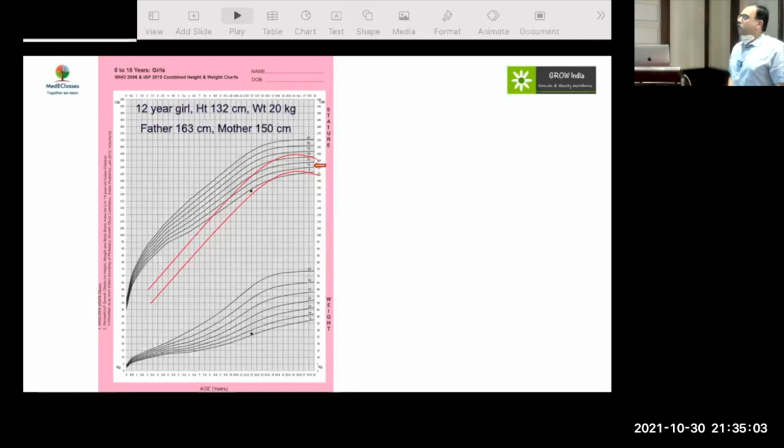Now, the next issue: what is the height age? You draw a line from here to the 50th percentile, draw a line from there, and where it meets becomes the height age, and similarly the weight age. If you do that, you will know that this child is equivalent to a 9-year-old. She has a normal height age and weight age, which are similar, and for the family, the child is normal. Often we get all these calculations and people get a bit intimidated.